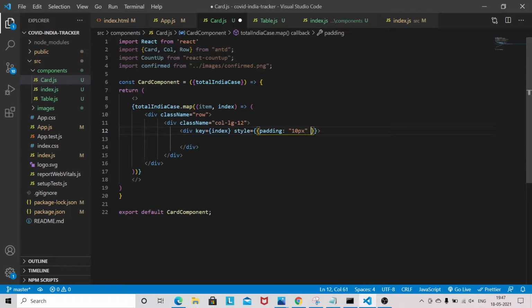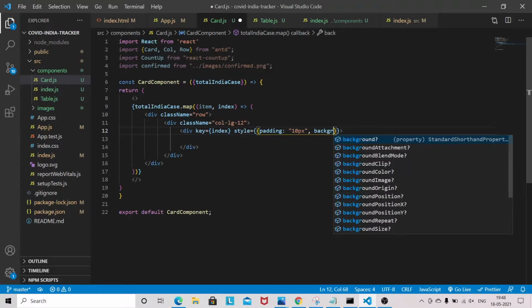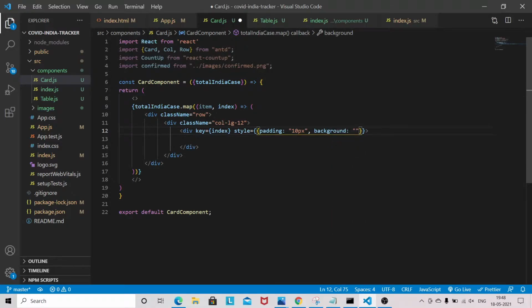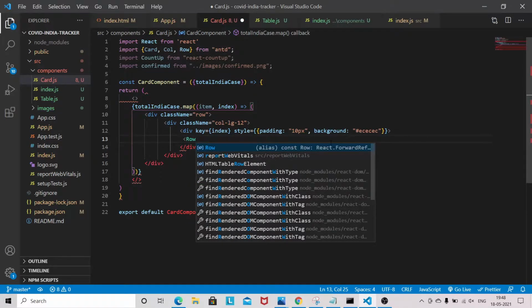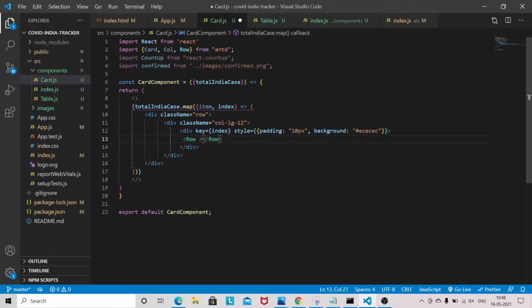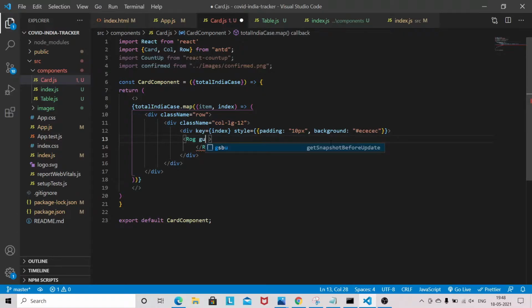We'll give 10 pixel and background. We'll give the hexa color code. So easy. Now row. So row where we have to pass, not row. One second.